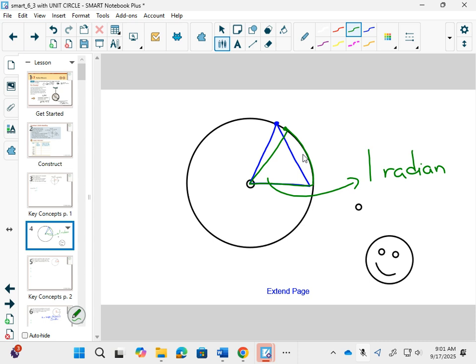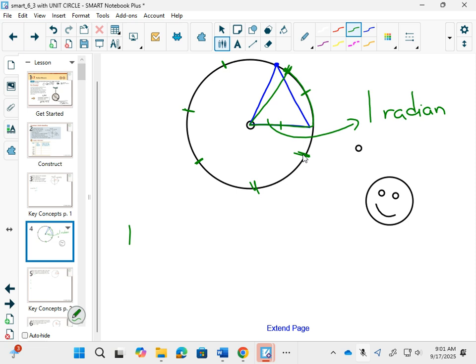If 1 radian is equal to 1 radius, I could take a piece of string, cut the length of my radius, and measure 1, 2, 3, 4, 5, 6. You're not going to like this definition right now, but there are 6 and a bit, this is really technical, radians